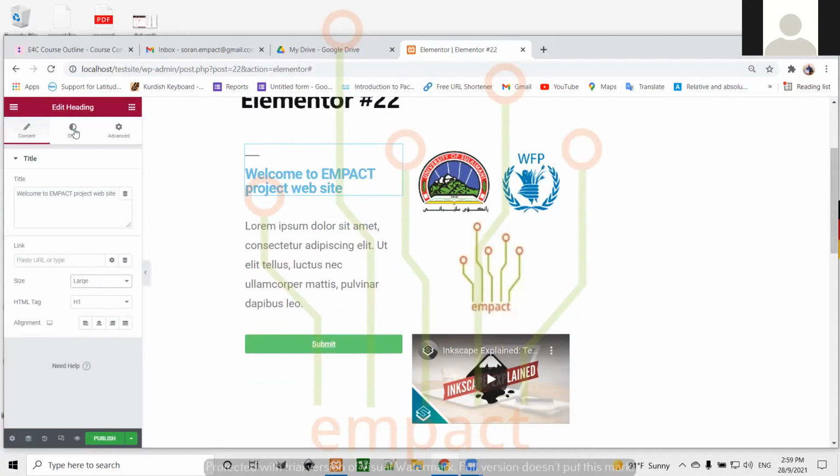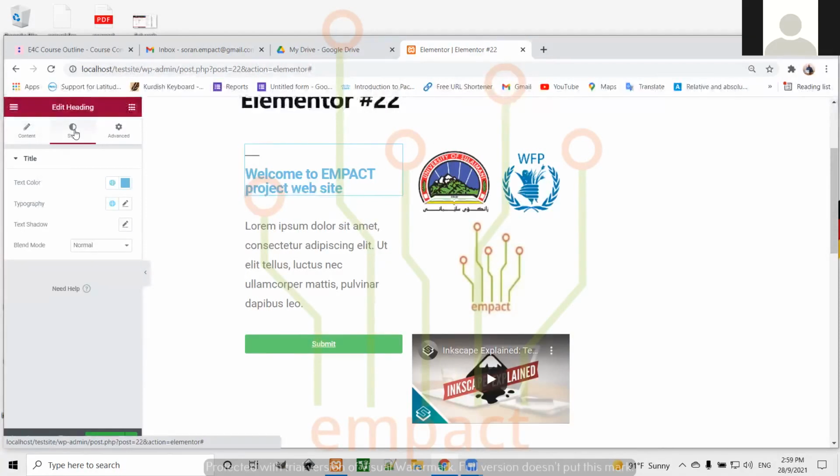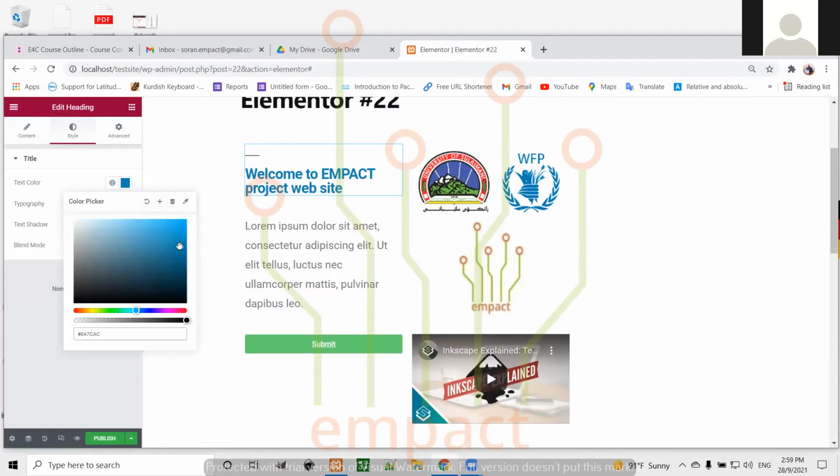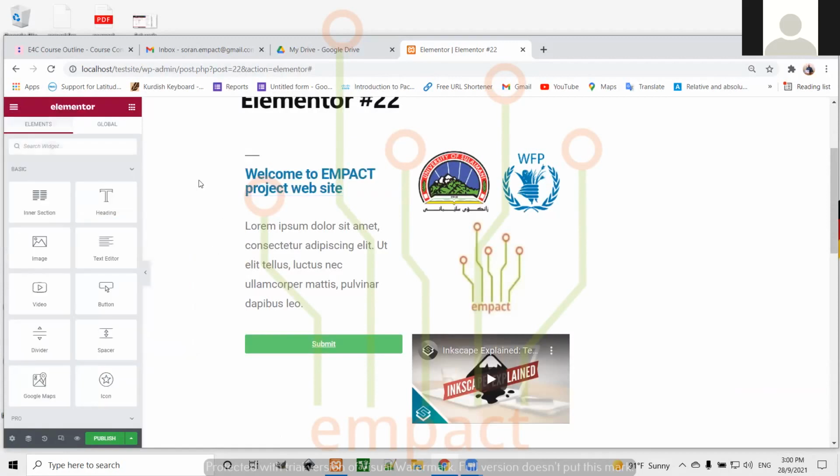Then we can go to style now to change the color of our text. I'm just clicking. I can just move it here. Yeah, this one is a bit better. I can just change its transparency, or I can just keep it in full transparency. Then